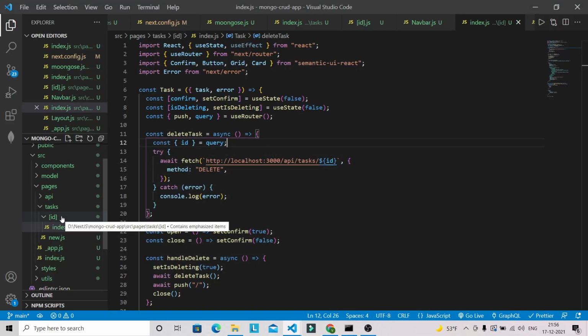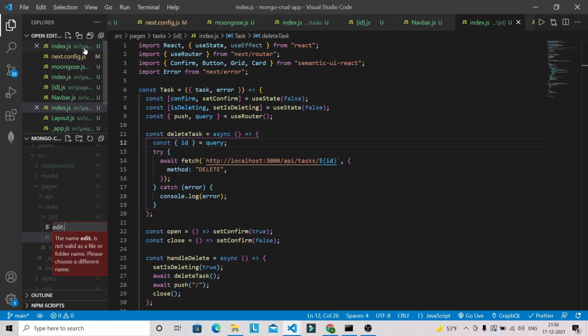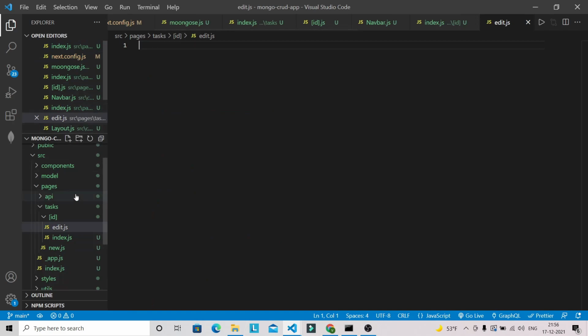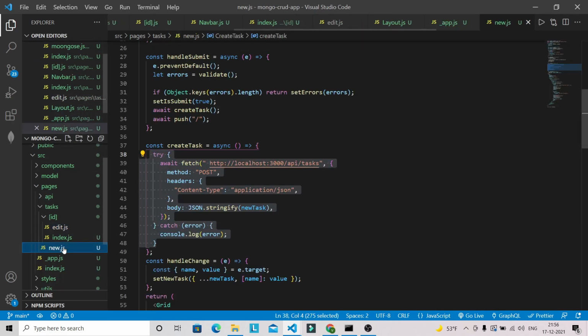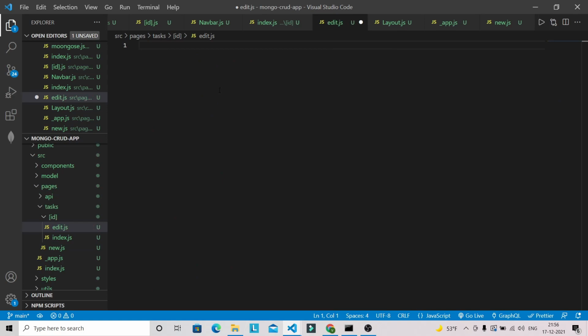So in this id folder, I am going to create a file like edit.js, and I am going to utilize the same file here, new.js. Okay, so I'm not going to write the same code again in edit.js. So simply what I can do is import this new.js file here.